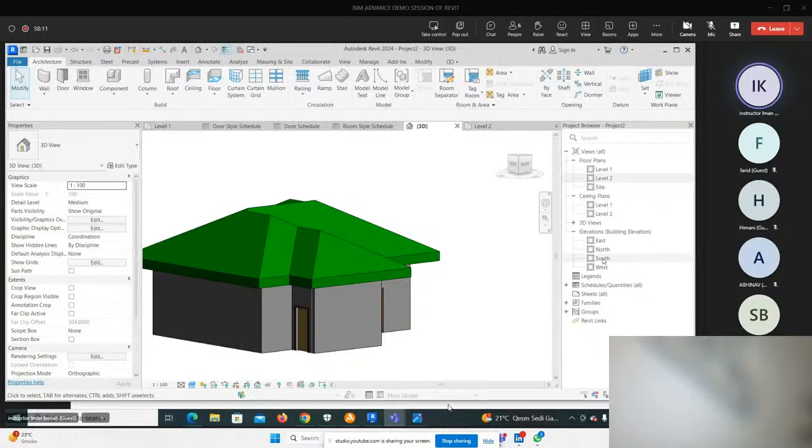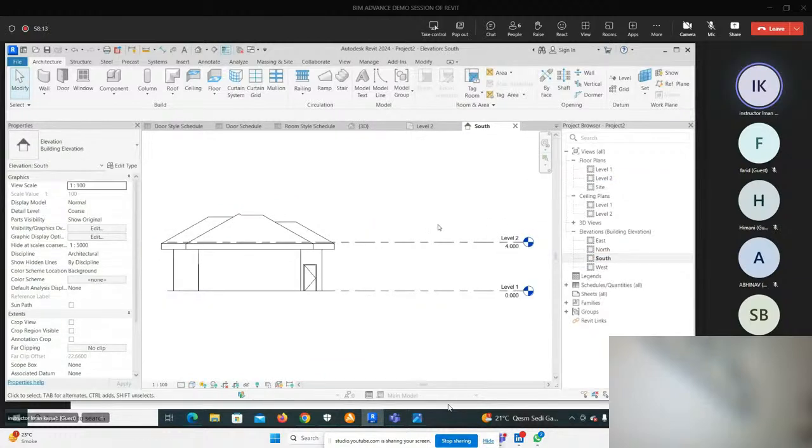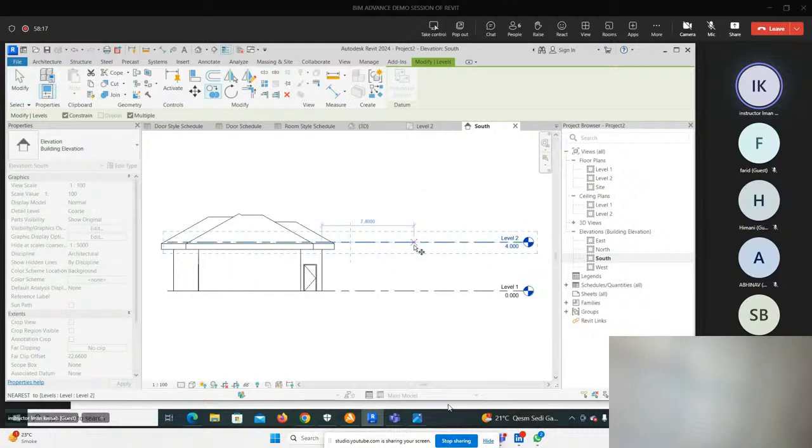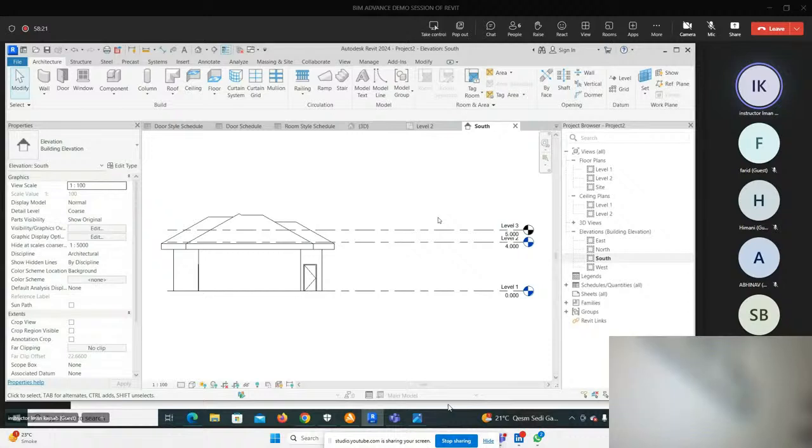Wait a minute, go to the south elevation. We could create another elevation, CO. I know all of this is not related to modeling, but I want to explain something specific. The elevation here is not